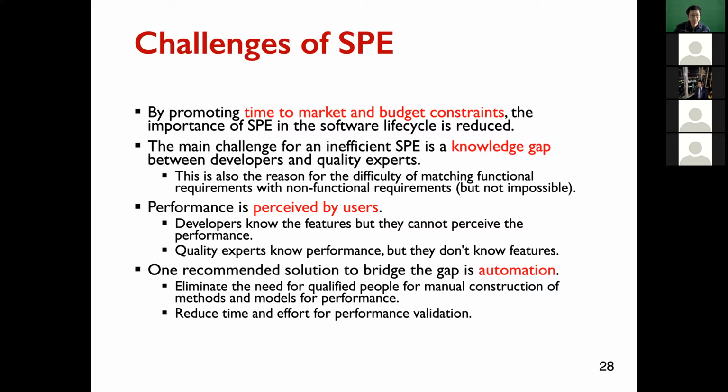Okay. Third challenge is performance perceived by users. Only the users know which part of the performance is critical for them, right? So there's another knowledge gap between developers and users. The fourth challenge is